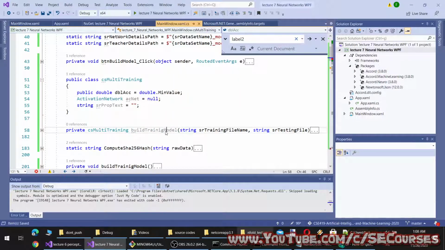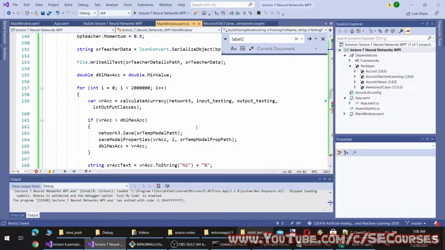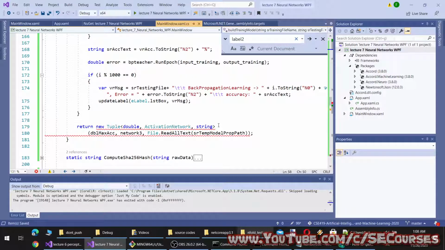So instead of tuple, we will say new training, and it will be set like this. Let me show you. Okay, the accuracy will be here. What was the name we have given?